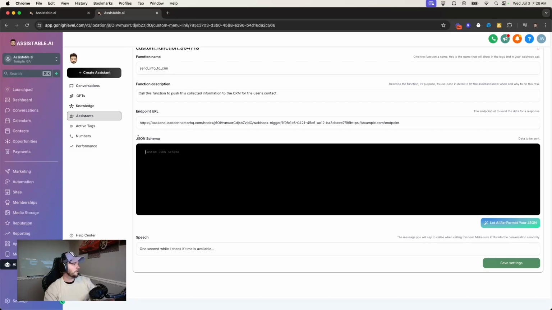And then JSON schema. So you're like, oh my gosh, I spent my whole life trying not to code, and here I am coding. I made it really easy. I have a JSON formatter. So I'm going to show you how to use this really easily. For example, I have a model here that's got some exemplar, and all you really have to do is just tell it what you need. So I'm going to say I need to send